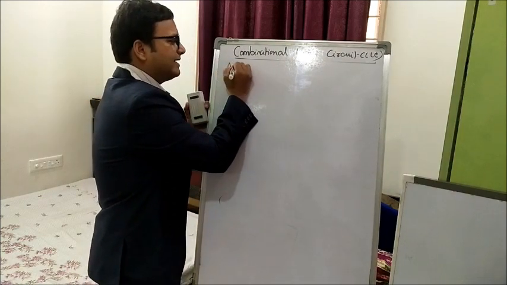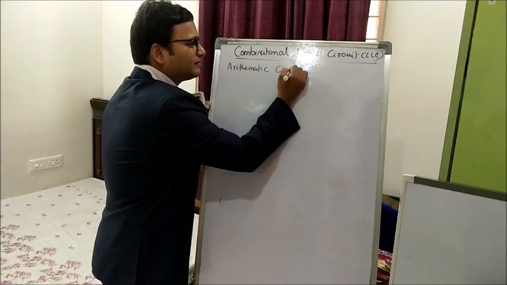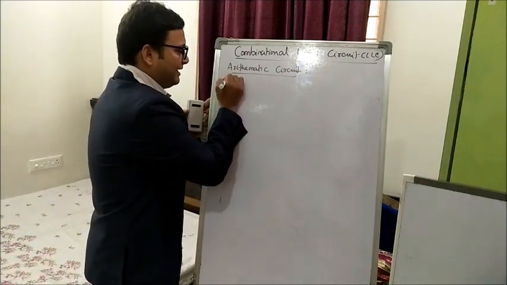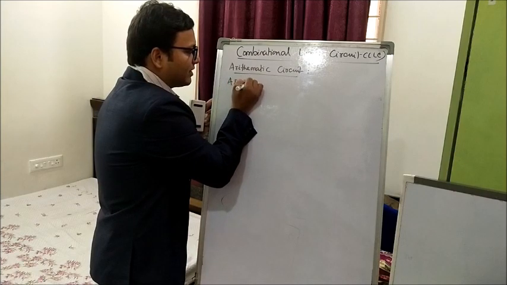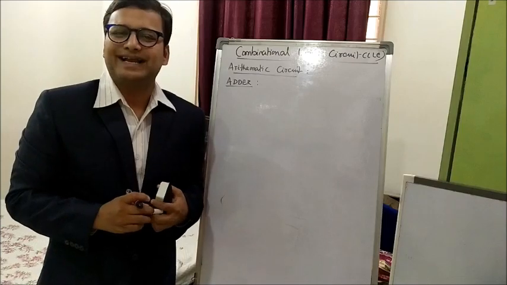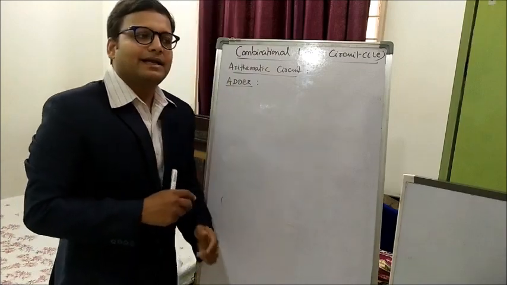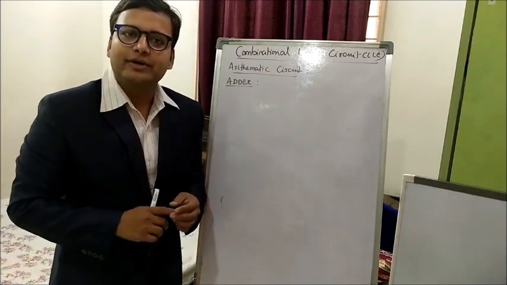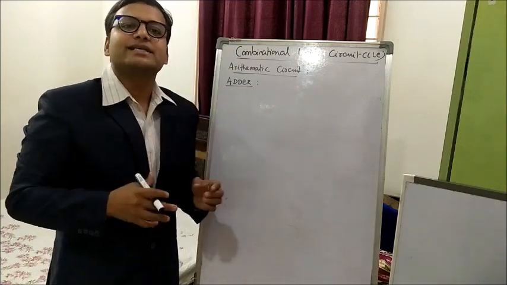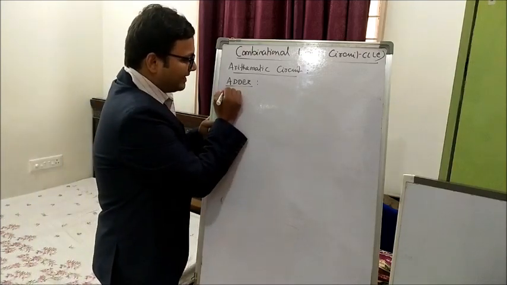The first basic combinational logic circuit is the arithmetic circuit. The basic arithmetic circuit is an adder circuit, which we are going to see now. An adder circuit is nothing else, as the name suggests, it is going to add binary bits. Let's say it has 2 binary bits to add, 3 binary bits, 4 binary bits. It depends on the bits the logic circuit is taking; accordingly it is going to add. So the first basic adder circuit is the half adder.